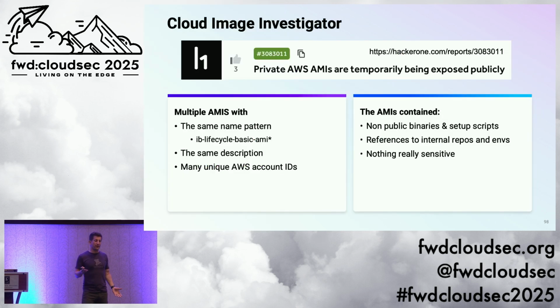I did find one cool thing that I disclosed to the AWS Vulnerability Disclosure Program. It's nothing crazy, but I found that they were making AMIs public for like 10-minute periods, and then they'd go private. I kept on seeing the same AMI with the same name, same description from different AWS accounts, and then it would go private. So then I caught one of those in that 10-minute window, started poking around the file system manually, and I found a couple of internal binaries.